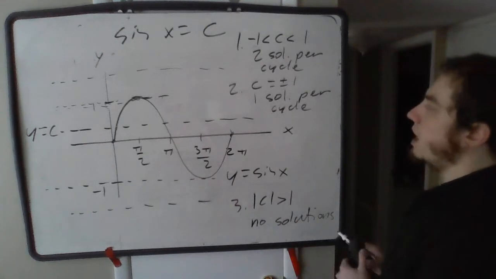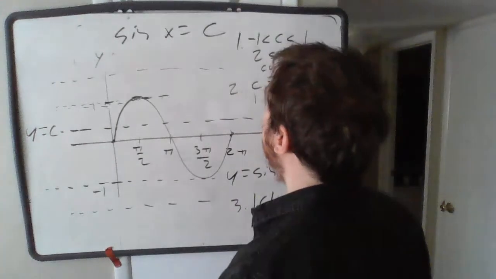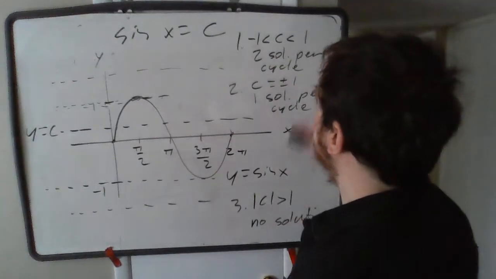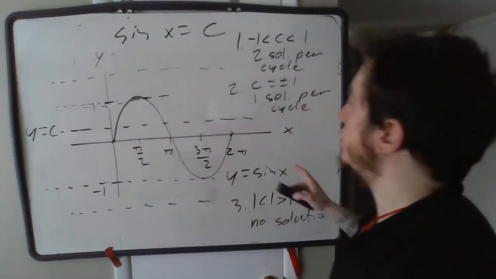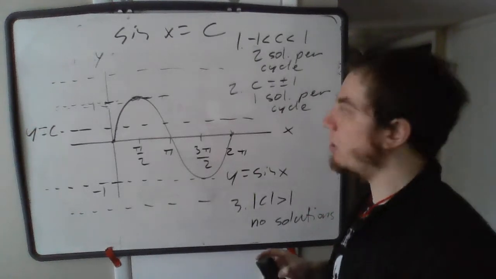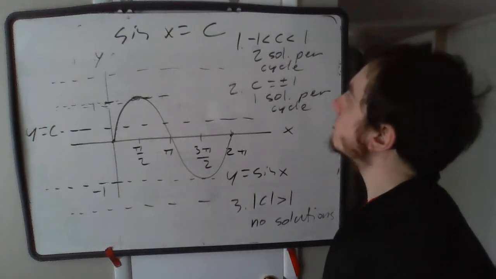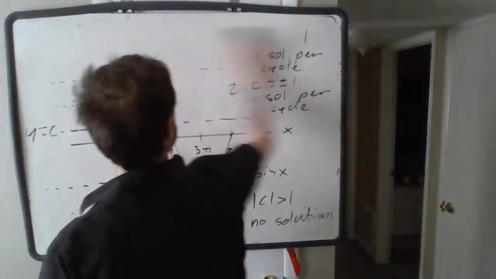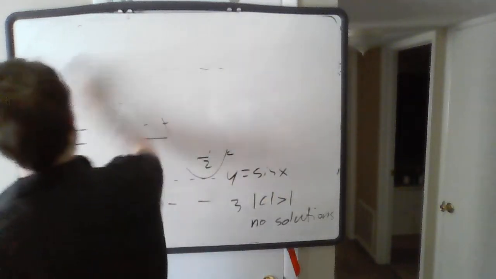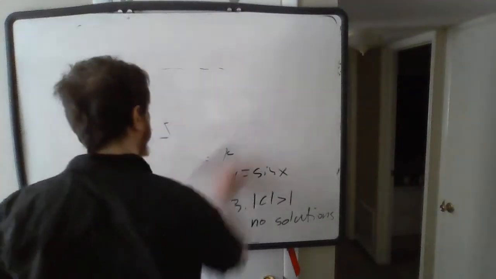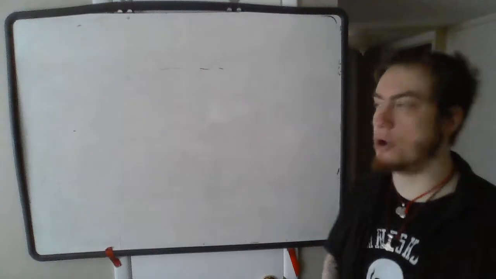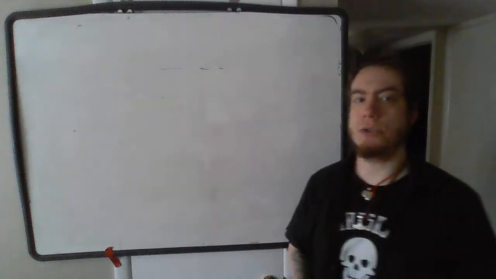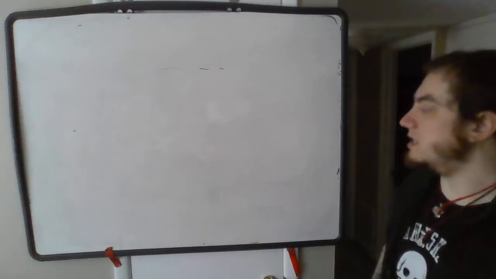Now, the thing that we want to think about as well is how can we get all of the solutions per cycle? Because in this last example, we actually knew what the angles were that were going to give me the solutions. The reason for that is because we knew for which angles sine gives you 1/2. But what if we don't know that? Well, it turns out that if we don't know what those angles are, we can write the solutions